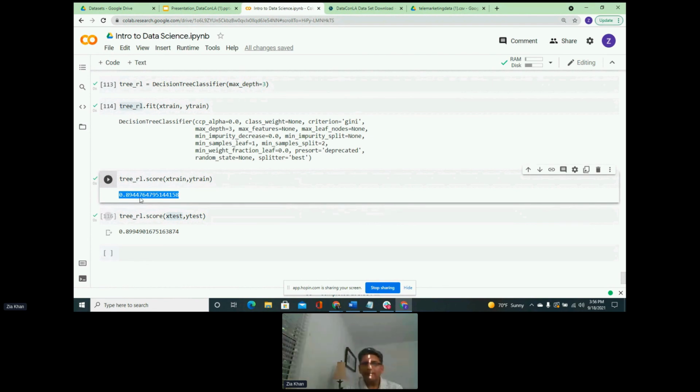So by reducing the learning of the algorithm, we were able to remove overlearning, and we were able to help the algorithm predict better on the test data doing this.